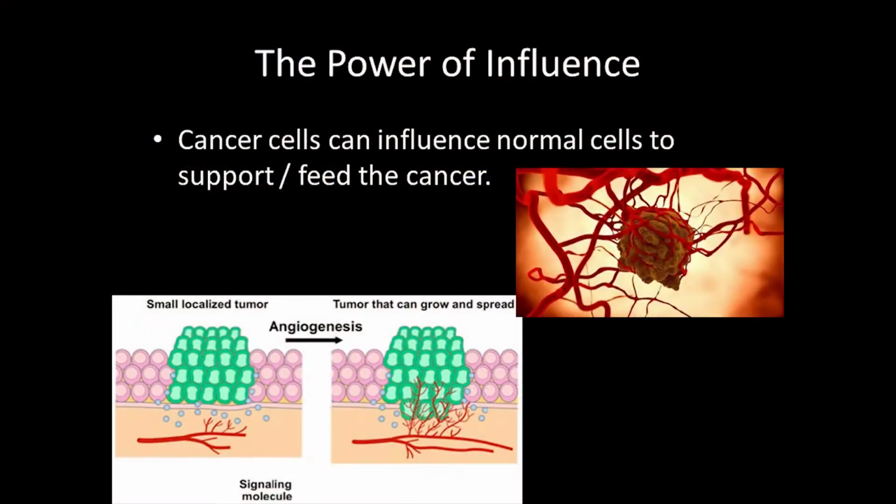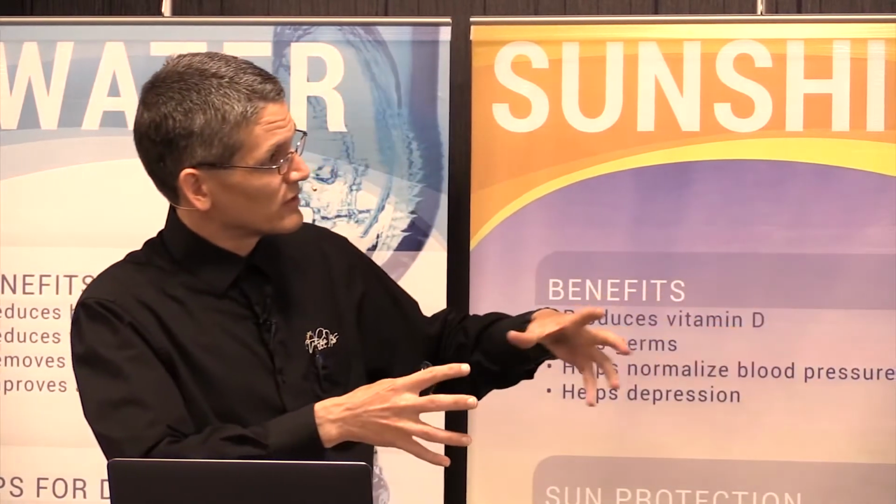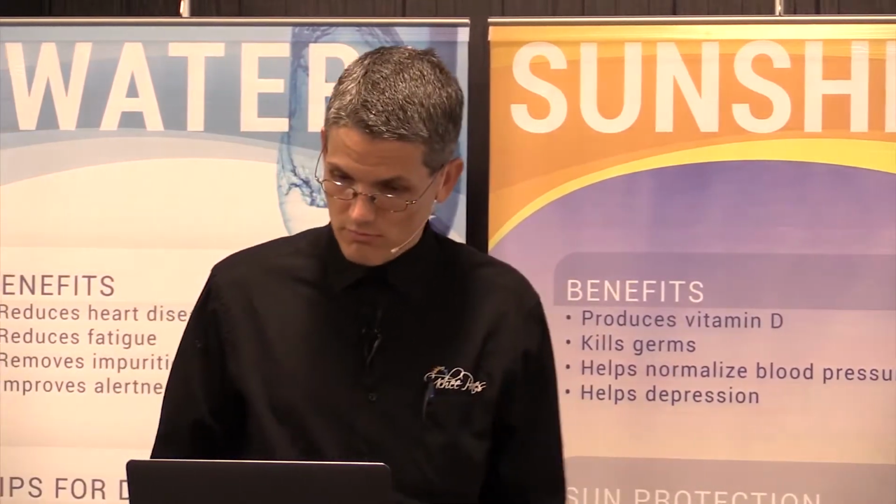And so the tumor cells have chemicals that they release that cause blood vessels to grow towards them. It's called angiogenesis, or the development of new blood vessels. And so it draws blood vessels to them. The blood vessels grow to the tumors so that they can support it, supply the nutrition and everything that it needs so that the cancer can grow.